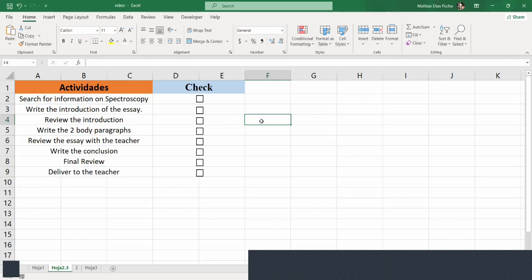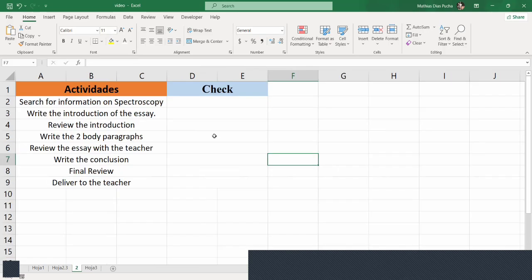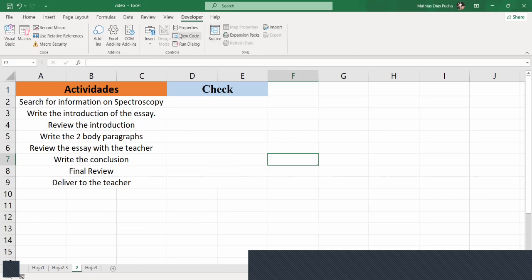So how can you create this table for organizing your time and also to keep in your mind what activities you have done, or what other activities you have to do during the day? As you can see here, I have the same table, the same activities. So first, you go to the Developer tab, in the Insert button, in the check box, and put this. You're going to delete